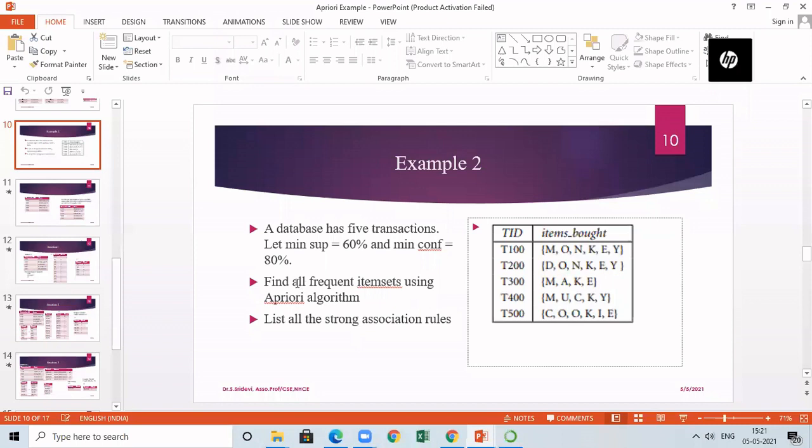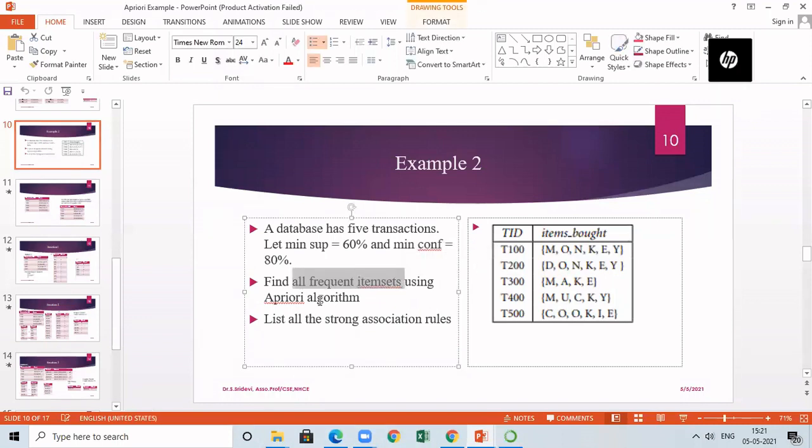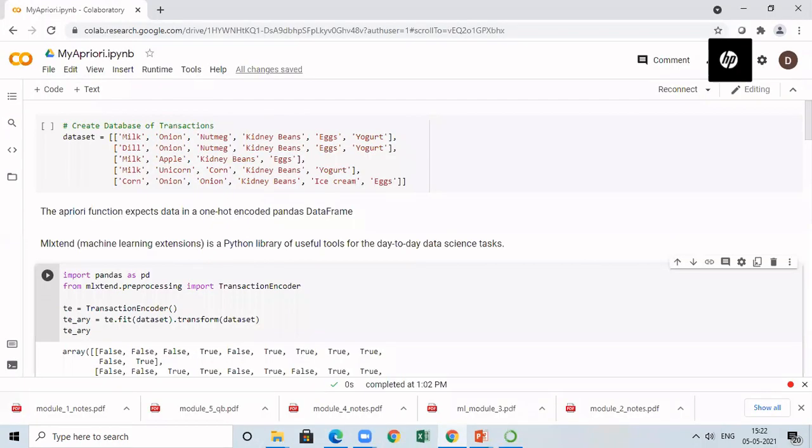Only for the first step, finding the frequent itemsets, we can use either Apriori or FP-growth. But finding the association rules is the same in both cases. One function is used for finding the association rules in Python, which we will see. But for Apriori there is one separate function, and for FP-growth another function. So we are going to see this now. First, we are going to start with the Apriori algorithm.